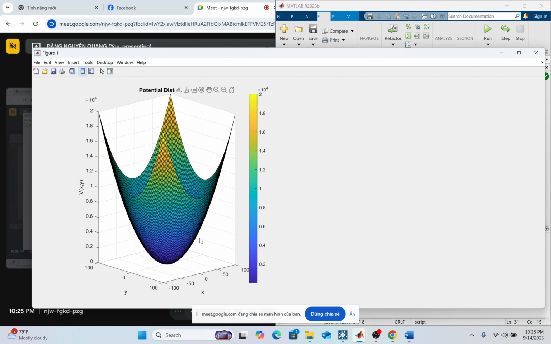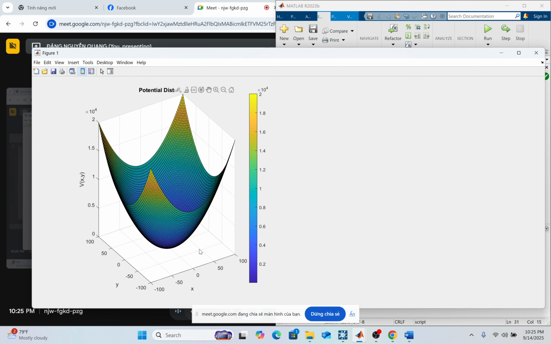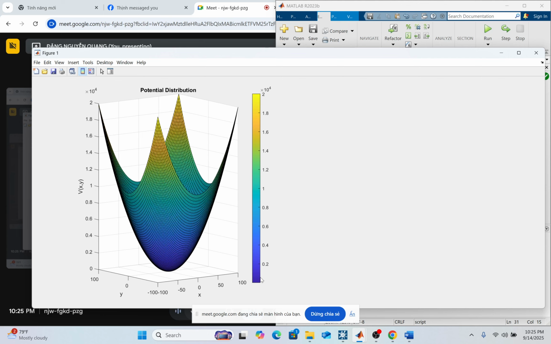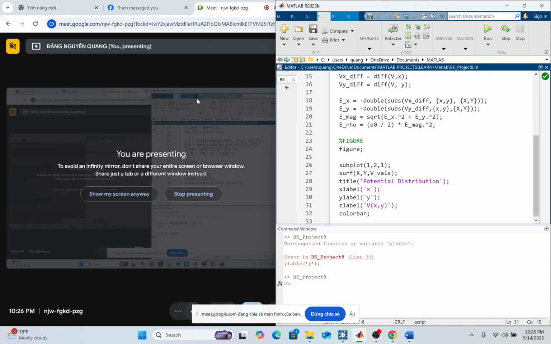Which means that at the low point, where x and y equal 0, the v is 0, and when I move further from my origin, the v value increases. This color bar tells you which color corresponds to what value. The blue here is the lowest one, and as it gets more yellow, it gets higher. And you can increase the domain. You can do two things to increase the quality of your plot.